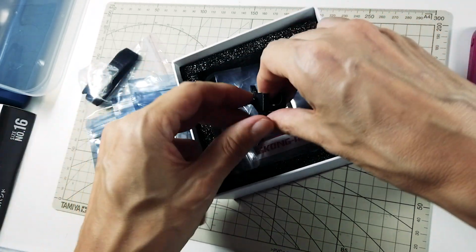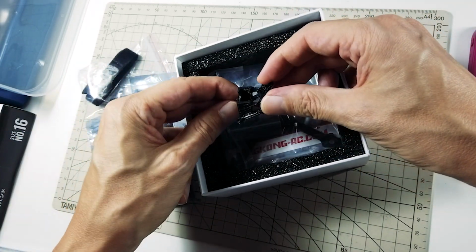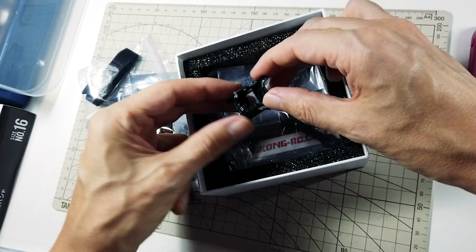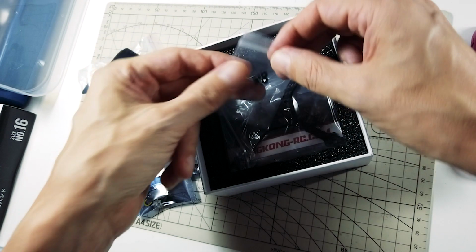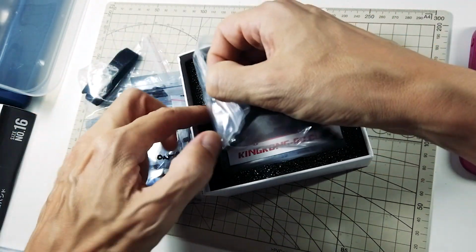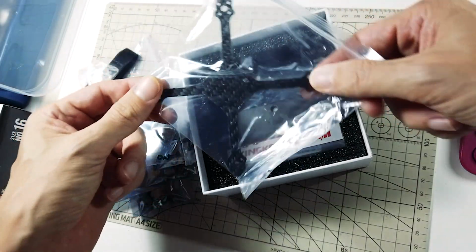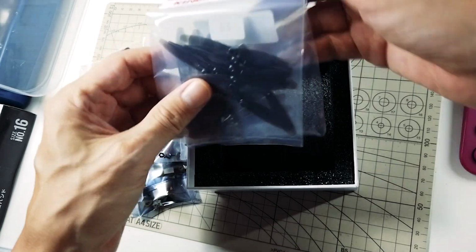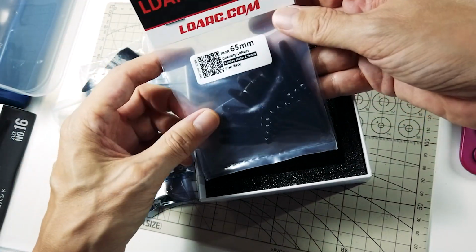Mounting hardware. Oh, here's the little naked camera mount. No real protection for the camera here, but I'm going to use everything that just comes in the kit, build it as is as much as possible. A bag with 2 screws and 2 nuts. Not sure what that's for. Oh, here's the frame. So 2mm. Pretty simple stuff here. And here's a set of what they call paddles. These are 65mm